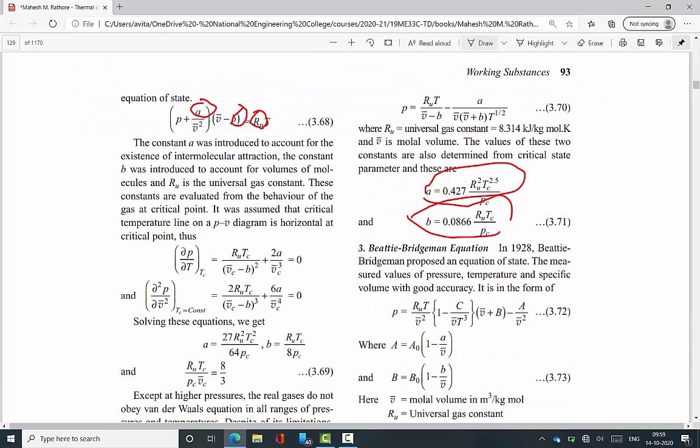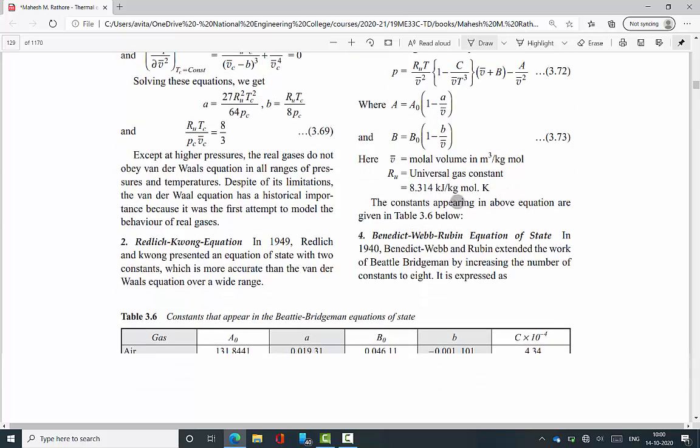I didn't explain the derivations. This is not our scope. It is the scope of the ME subject called advanced thermodynamics. I explained only what the equation is and what constants are available in the equation. That's only the scope of our subject. Then second,